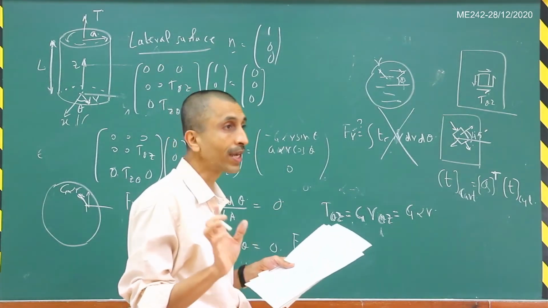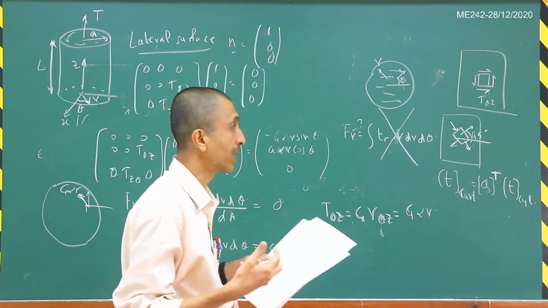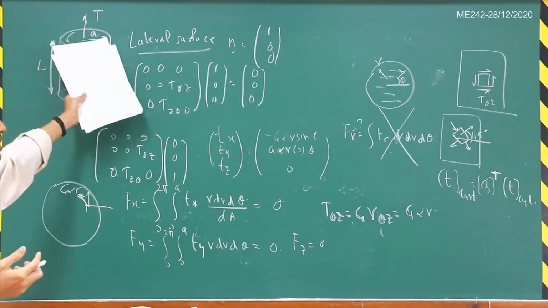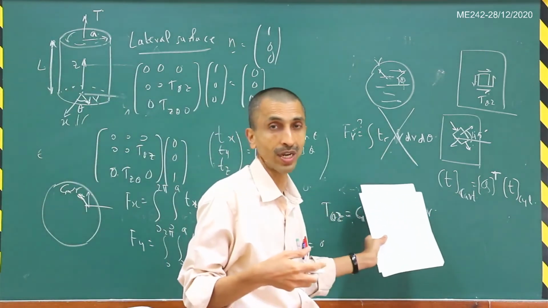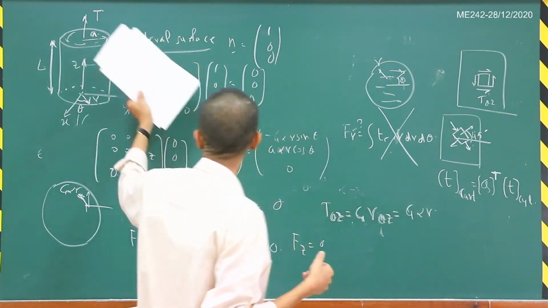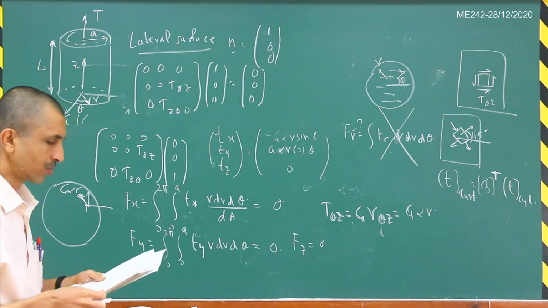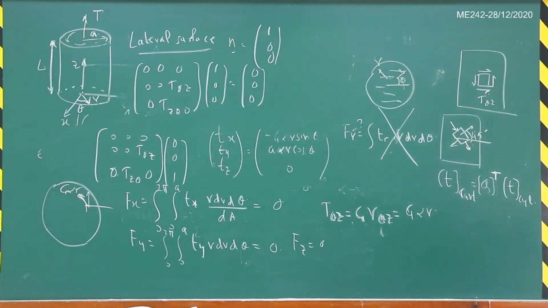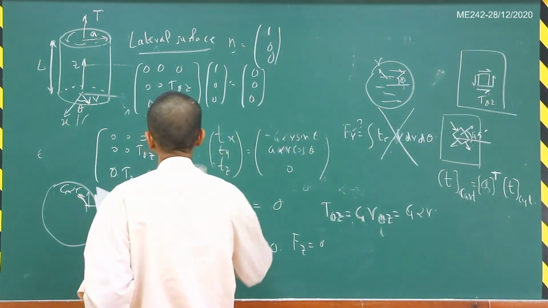Okay, so the only condition that is left now is the torque condition, right? So we are given that the resultant torque that is acting is T, and we do not know what alpha is, right? Alpha is the twist per unit length. So basically we need to connect this alpha to this T, which is the torque that is acting on this top surface here. So that we get by finding the torque on the top surface here.